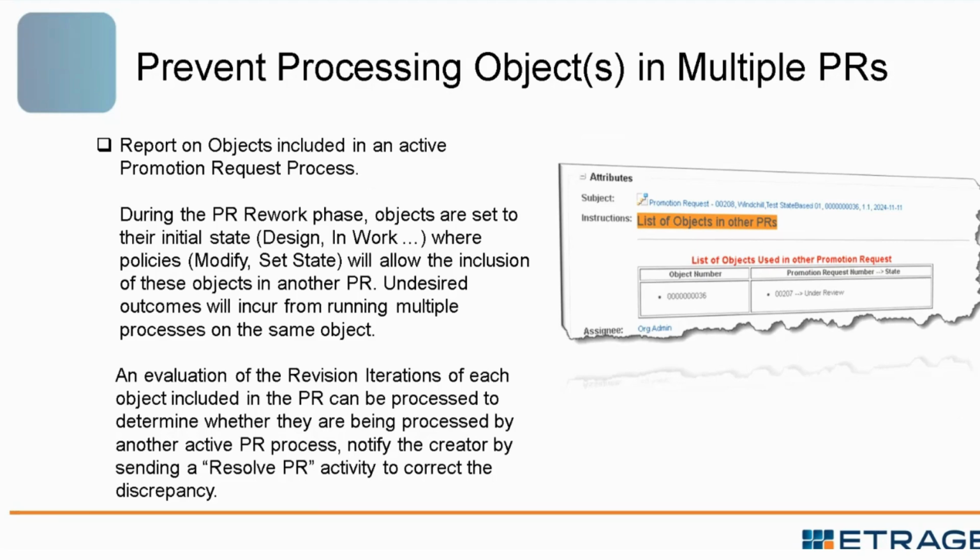So typically that state would be something like in work or design or some other state that you use, where your designers and engineers at that point will gain access to those objects to check them out and modify them and so on. At that point, there's really nothing obvious in the environment that tells the user, hey, be aware that this object is actually actively going through a rework stage and is actively being processed through an active